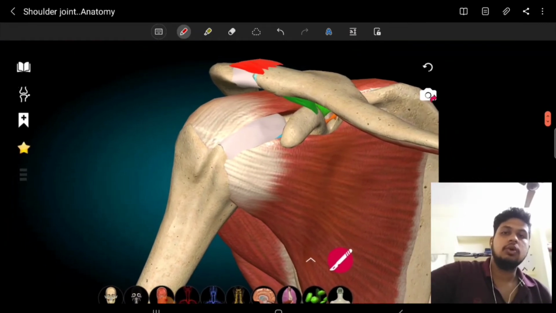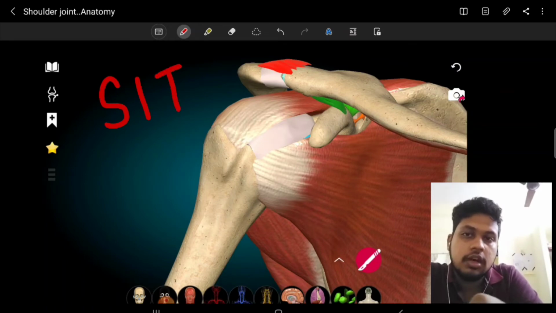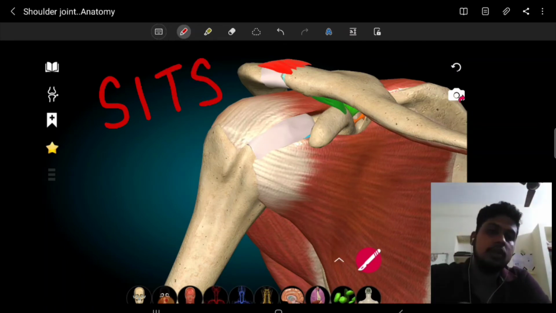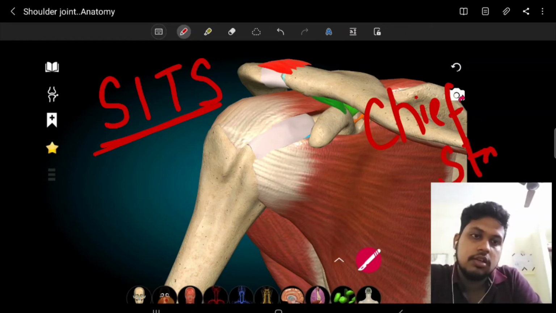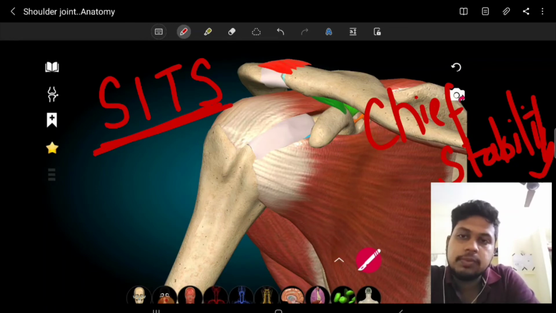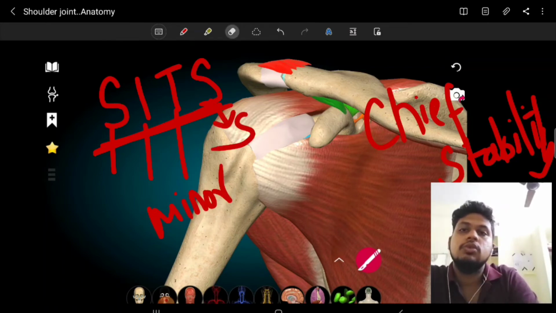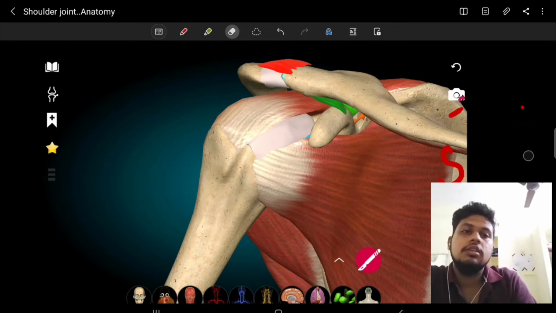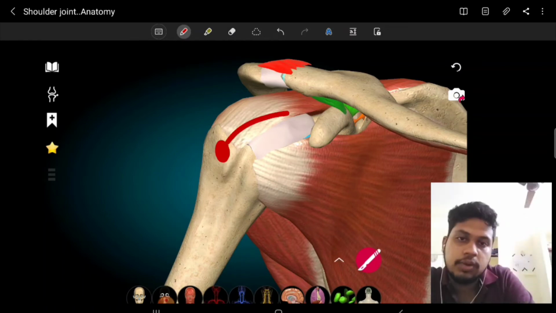The rotator cuff is nothing but a set of muscles which surrounds and gets inserted in the greater tuberosity and lesser tuberosity of the humerus, which in turn gives chief stability to the shoulder joint. It can be remembered by the mnemonic SITS: supraspinatus, infraspinatus, teres minor, not major, teres minor, and subscapularis. So there are 4 muscles, of which 3 are inserted to the greater tuberosity. 3 muscles are attached to the greater tuberosity, which are the supraspinatus,